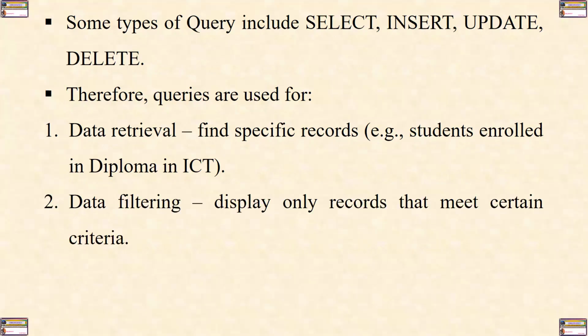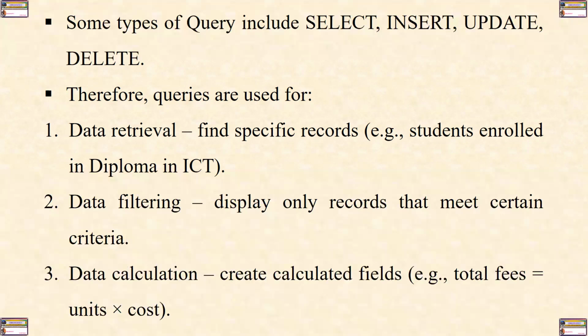Secondly, we use queries to do what we call data filtering. That is, displaying only the records that meet certain criteria or criteria of interest. Number 3, you can use queries to perform data calculation. That is, you can create what we call a calculated field, which in real sense is not a field that is stored in any of the tables, but a field that is generated dynamically to hold certain data, which is a result